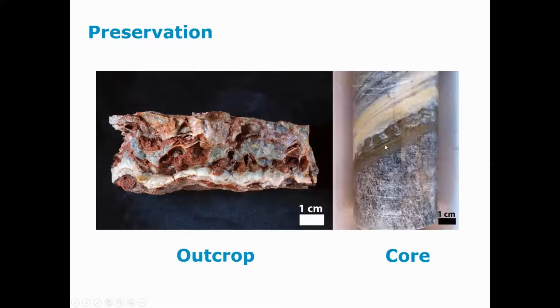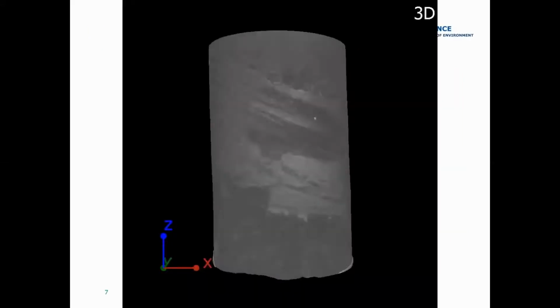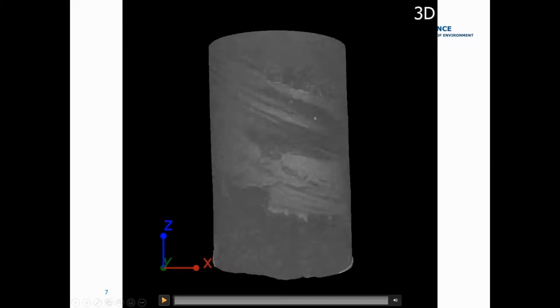So we're very excited about the preservation in this core, and particularly this horizon is of interest because you can see the stromatolites have been preserved because of an event horizon. So there was some carbonate sandstone on top. And so we thought it would be interesting to image into the core to see the 3D morphology of these deposits. So we went over to ANSTO, which is over in Australia, and we used the Dingo,